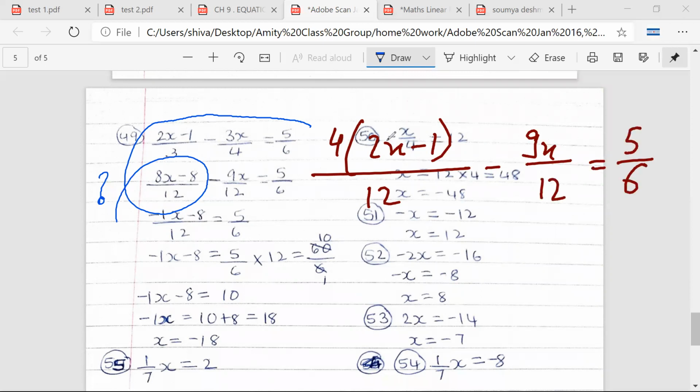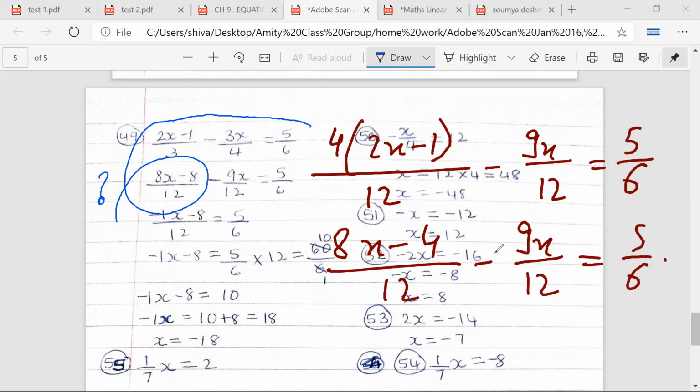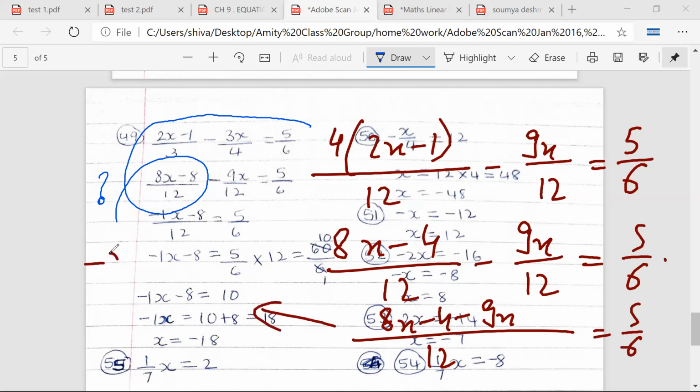अब ये देखिए, आप इसको जब solve करेंगे, this will be equal to 8x minus 4 upon 12 minus 9x upon 12 is equal to 5/6. ऐश्वर्या जी समझ आया? Yeah. And that is why when you take the LCM 12, this will be 8x minus 4 minus 9x is equal to 5/6. ये किसके इक्वल हो जाएगा? Minus x minus 4 upon 12 is equal to 5/6. Aishwarya ji, any doubt till here? No, sir. Okay. Now,